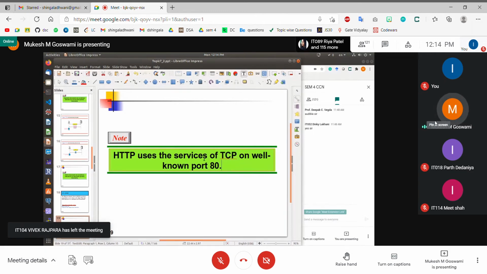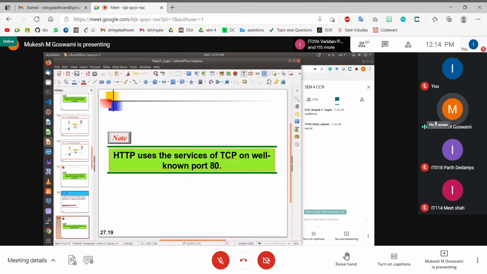Therefore, the HTTP protocol basically uses the TCP protocol, and it runs on a well-known port number called 80. However, it is not the case that you always run HTTP on 80. I am talking about the HTTP server here. The HTTP server is always running on 80. The HTTP client can be running on any random port number. We already know that the client software does not have any well-defined port numbers.